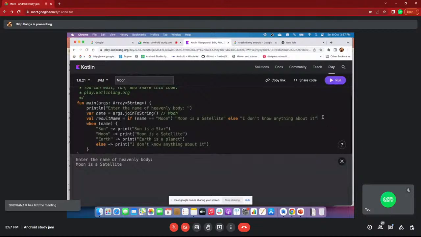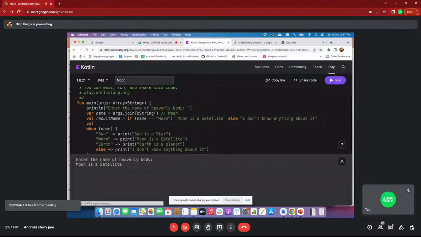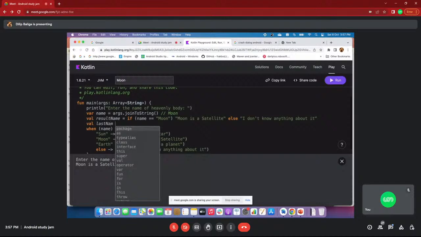I'm creating val lastName equal to Paliga. We'll give the type also, String.